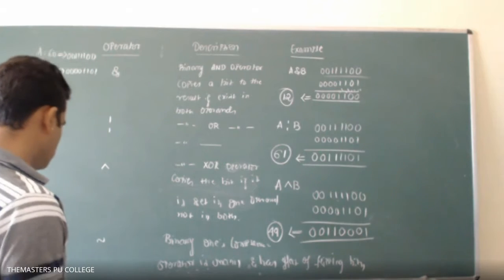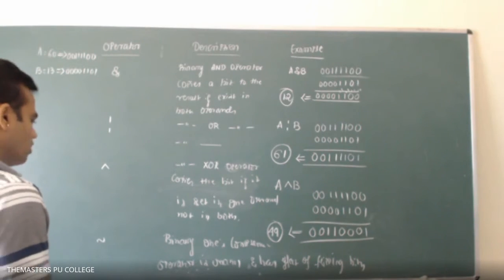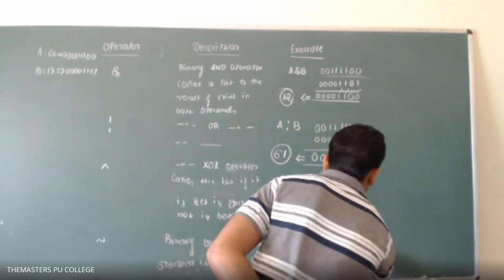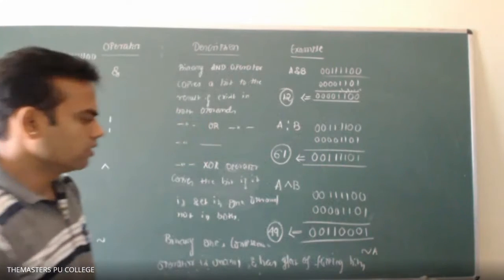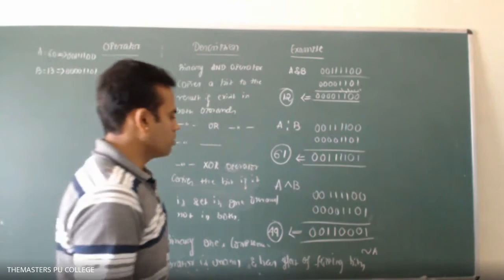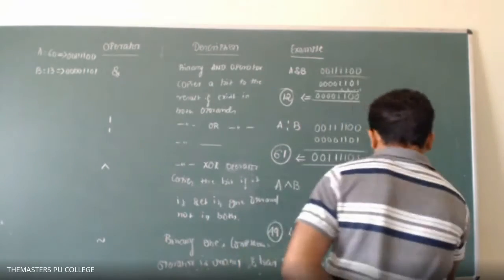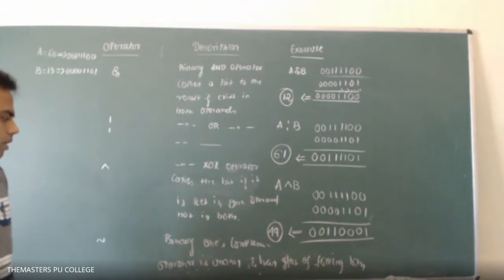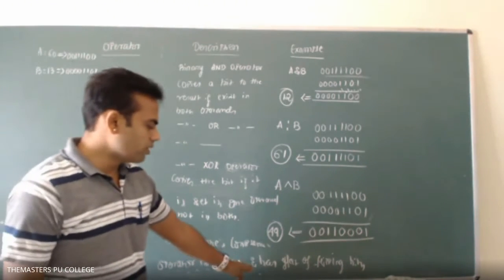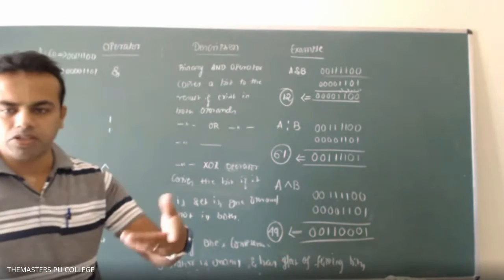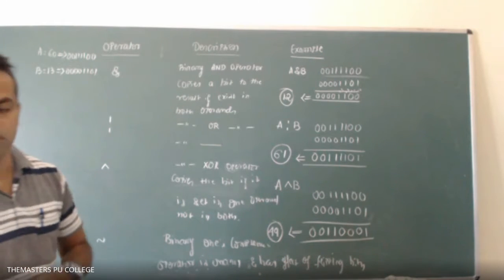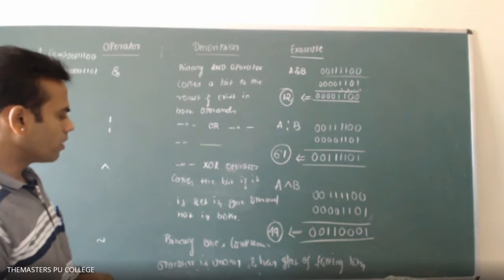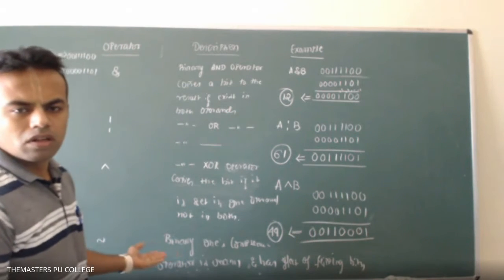Flipping bits. So we'll try this: NOT A. You perform the operation NOT A. What is the output that will come? Binary ones complement operator is unary and has the effect of flipping bits. So it converts the 1 value into 0 and the 0 value into 1. Shall I erase this? Yes, sir.